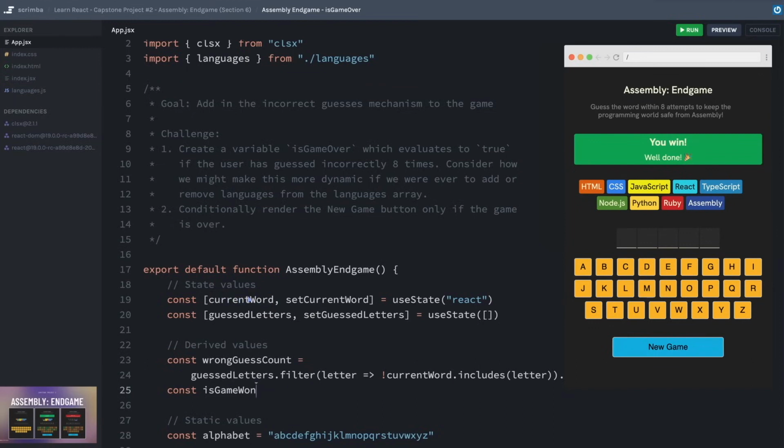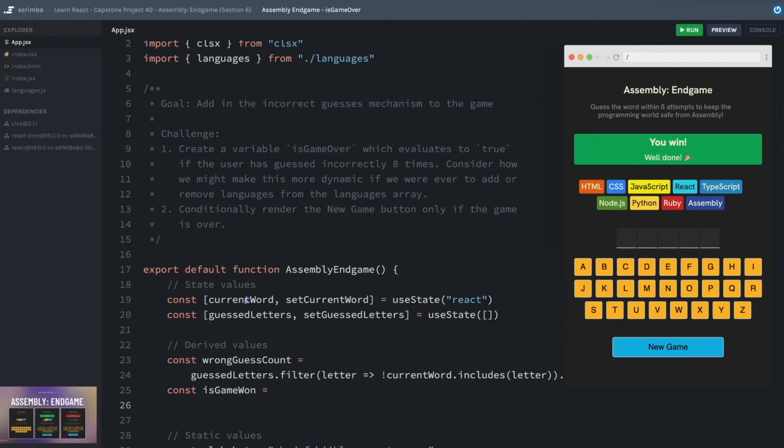I could use a .map, but there is a built-in method called .every, which allows me to pass in a function that should return a Boolean for every item in the array on which I'm calling .every. If the callback function returns true for every item, then the entire expression evaluates to true. That's going to make a lot more sense if we actually see it written down.